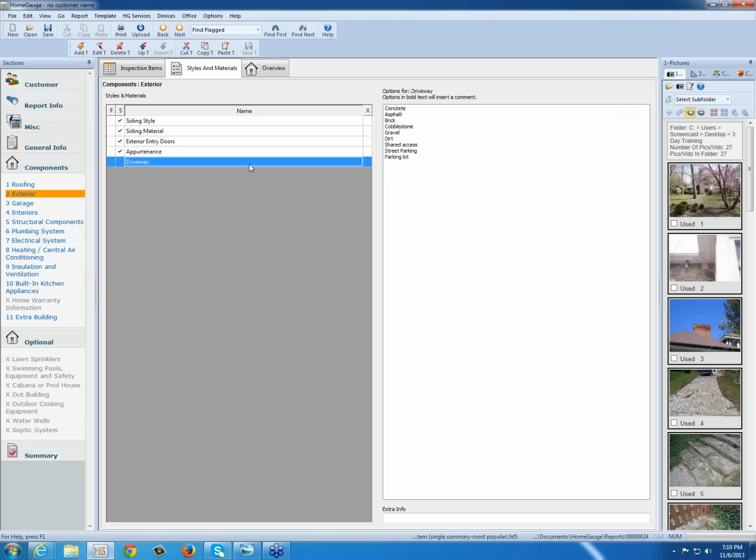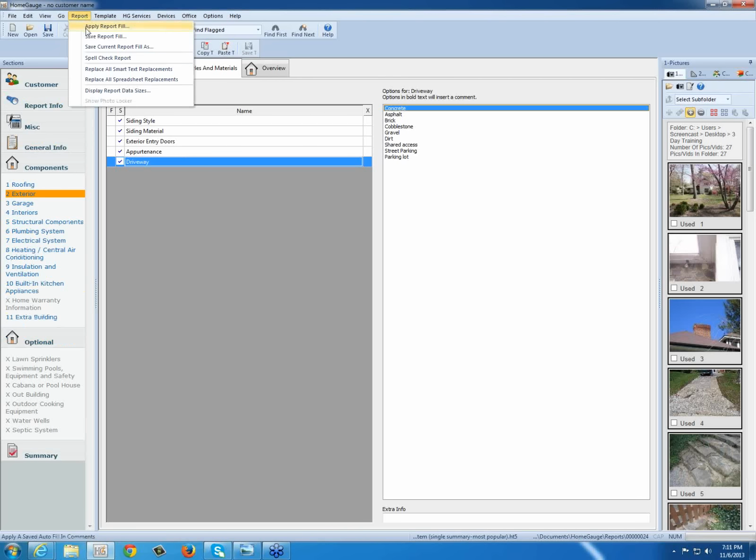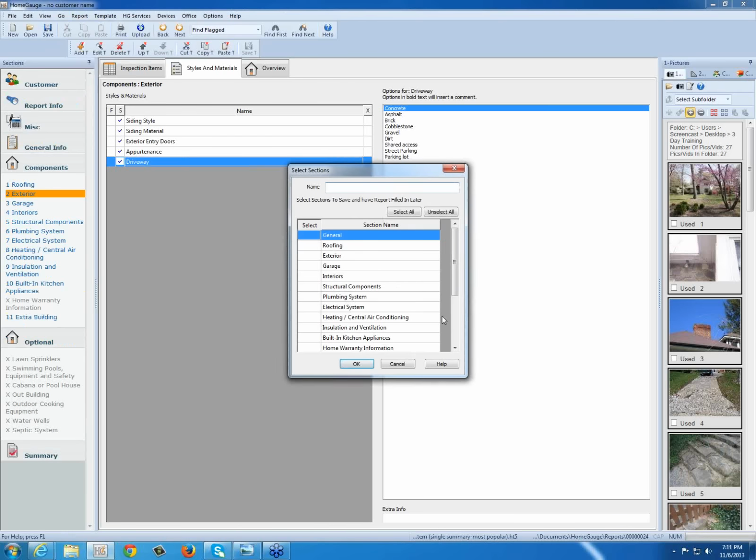They all have sidewalks, and the driveways are all concrete. All right, now I could come right up here right now. I could do more, but even if I just wanted the outside and that was it, I could come up here to report, and I'll select Save Report Fill. And then here it says, what do you want to save based on your sections? And I say, well, I just want to save my exterior, and I'm going to call it